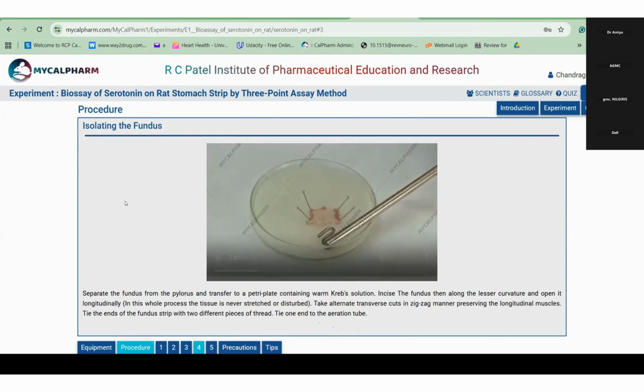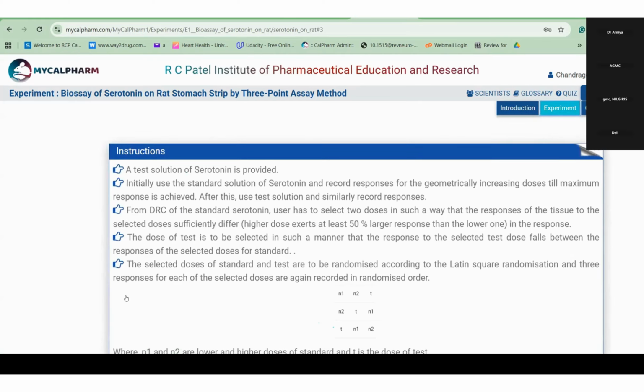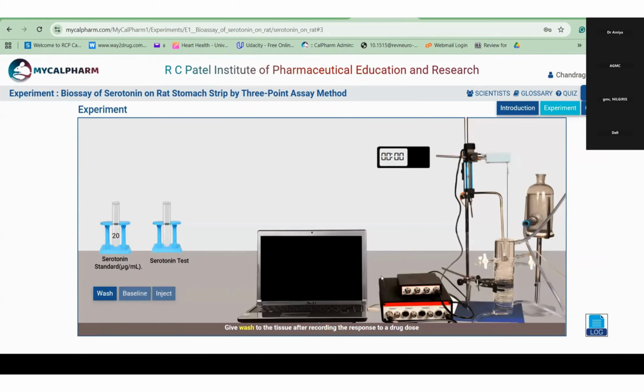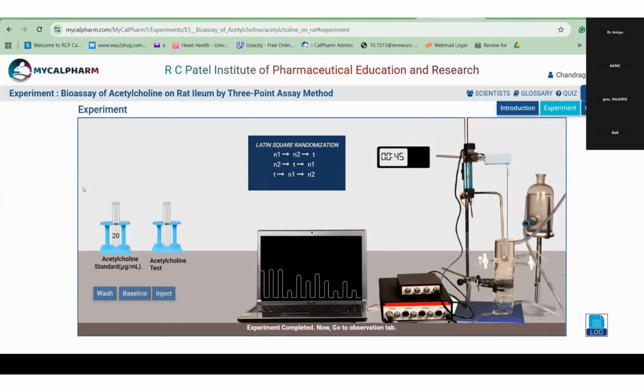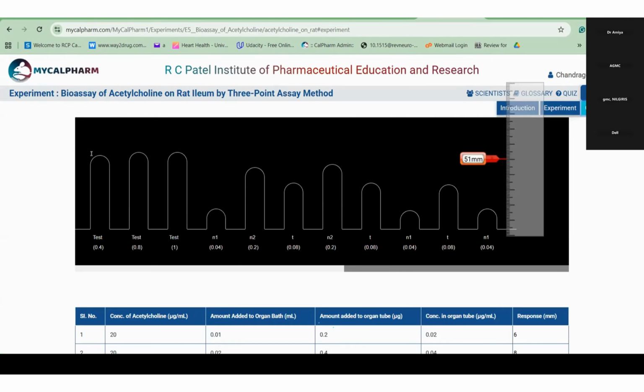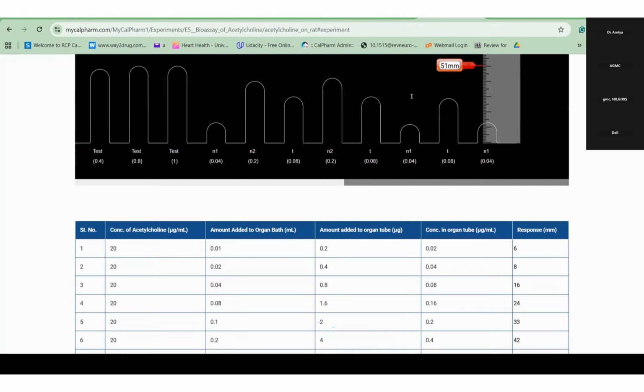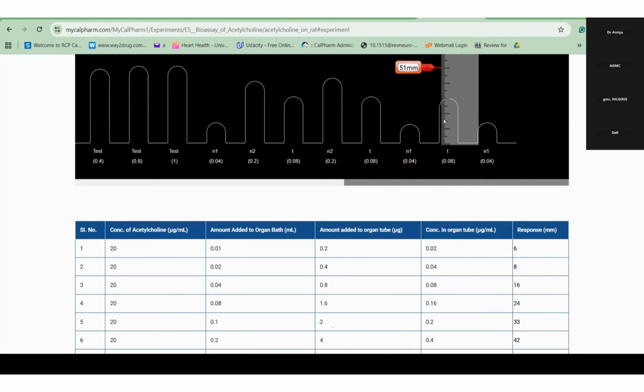Okay. And then we will have a simulation of this also, where we will be provided with drug solutions. We will be provided with steps to give wash to the tissue, then select the drug solution, administer the drug solution, and then perform bioassay of acetylcholine. Many times, these experiments we cannot tell just by description. So we must provide our students with the facility to perform the experiment and record the real observations related to this particular experiment. So here, whatever tracings are there, we have provided the facility